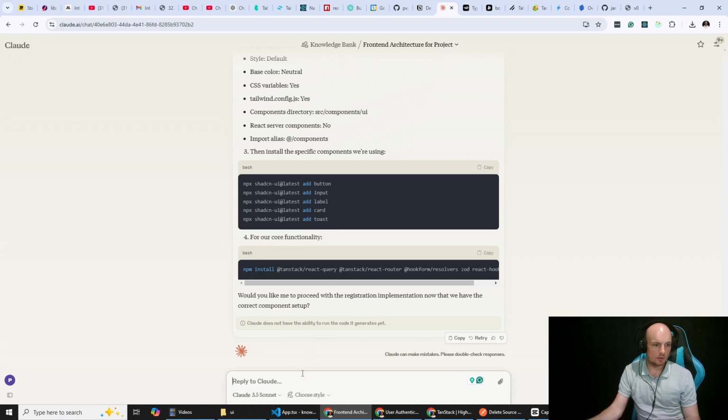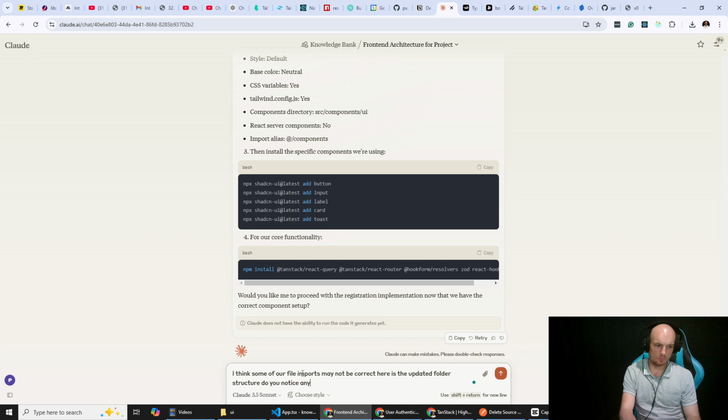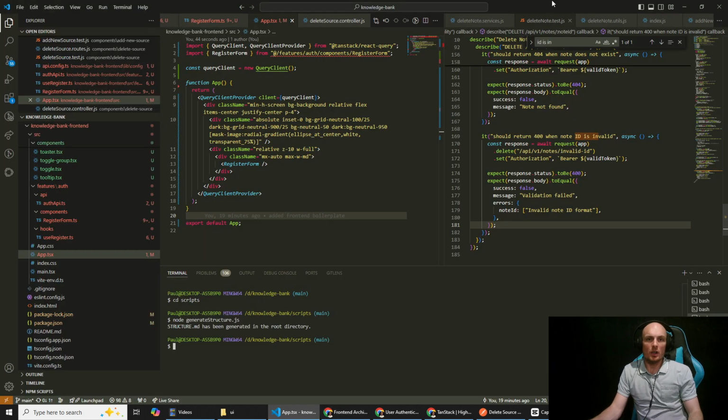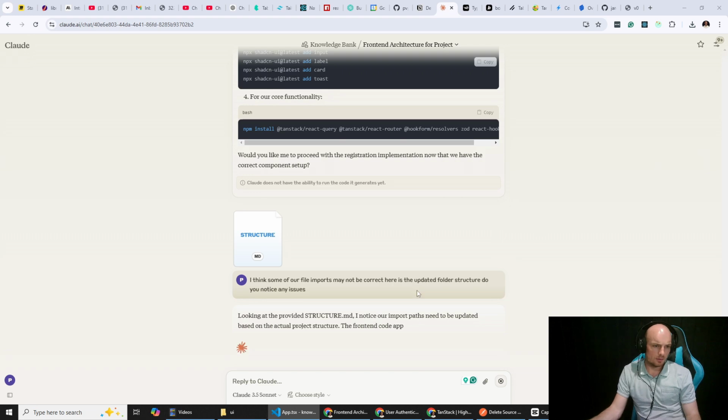I'm going to say, I think we've got some of the imports around the wrong way. Well, like the folder structure is a bit different to how it expects, is my first thought with this. And then